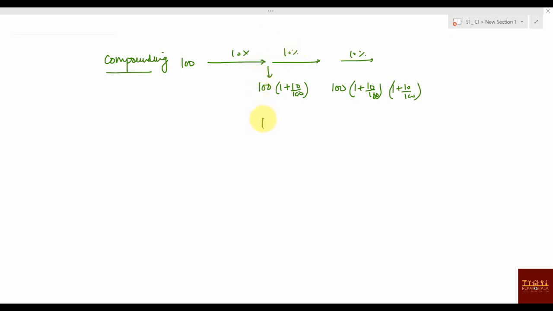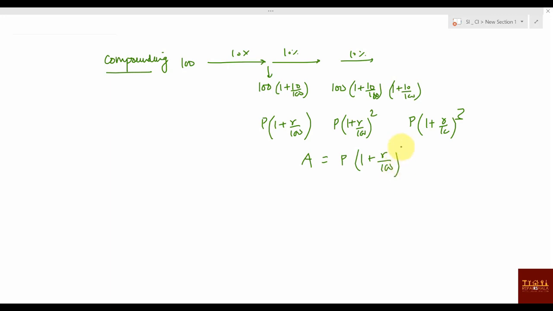You can say this is principal and this is 1 plus R by 100 for 1 year. Now after second year, it will become P into 1 plus R by 100 whole squared. In 3 years, again it will become P into 1 plus R by 100 raised to power 3. And that's how they get the formula A equal to P into 1 plus R by 100 raised to power N for N years. So this is the pattern, and they have generalized it and given you a formula. That's why I never tell you to follow a formula.